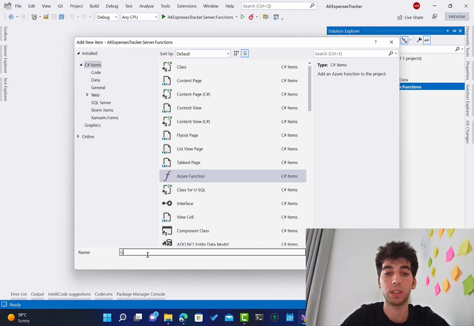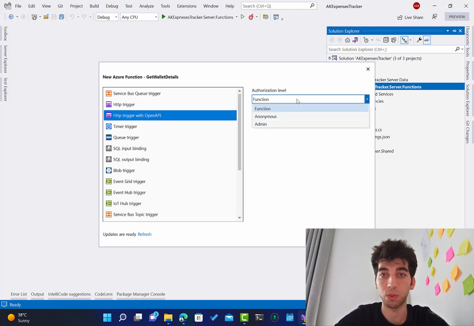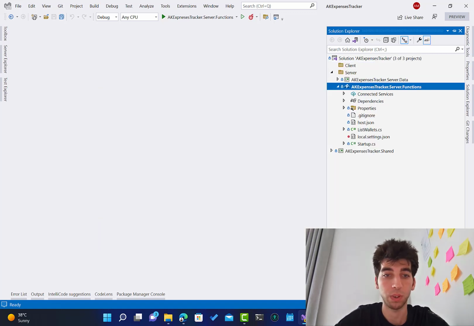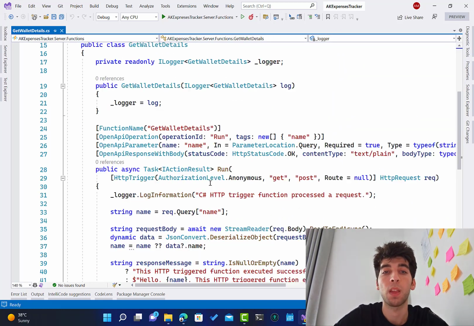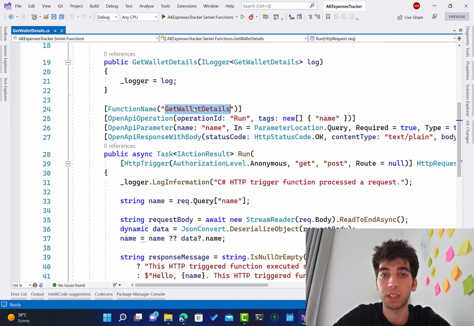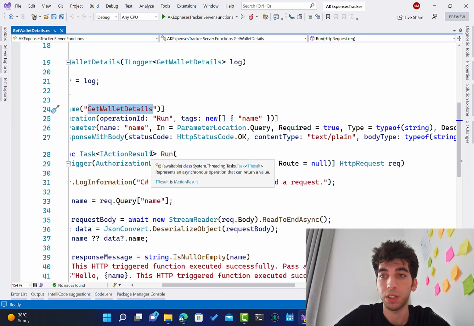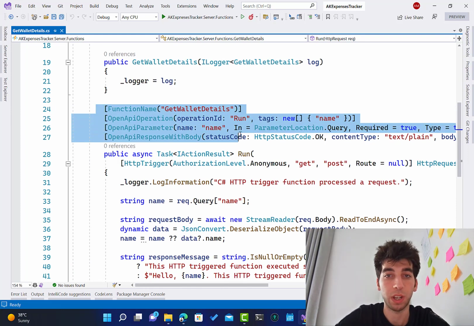and we'll call it get wallet by ID, or let's call it get wallet details. Basically that's a more meaningful name. It's HTTP trigger with OpenAPI, of course. For now let's keep it anonymous because we are going to secure it later on using the Azure Active Directory B2C. So this is the get wallet details functionality over here. We are going to come back to that after we finish the wallets,